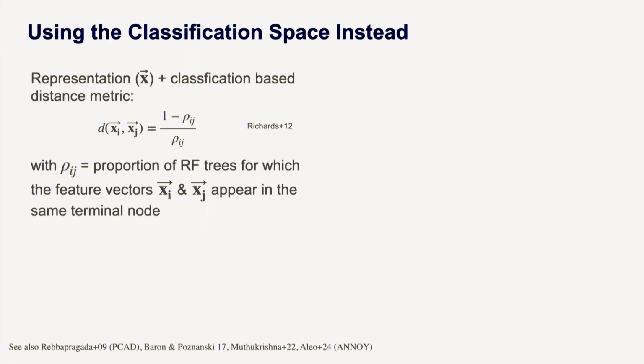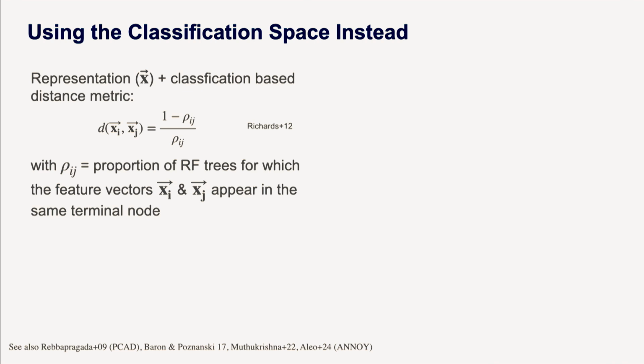And so one idea is to use not the representation space, but use the representation alongside classification to be able to come up with distance metrics. This is something we developed in 2012, actually, in the context of random forest, but it can be done with other types of learned representations, where very simply we're just asking, at least in this context, as we have a new object and we query a new object that's unlabeled, where does it show up in